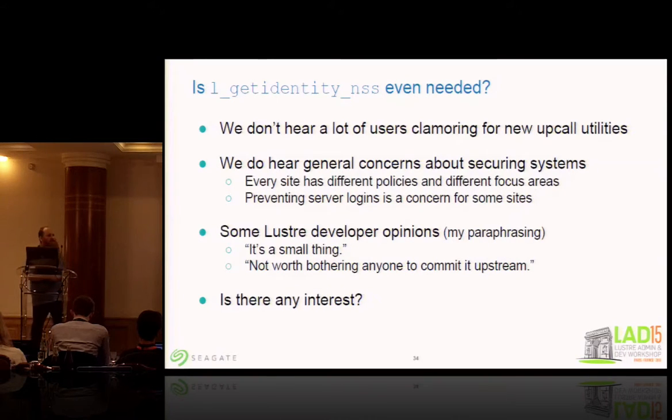But we do hear concerns about security, and that was what started us down this path, trying to find a new way to address that. I did check with our Lustre team and a few other people and asked them if we were considering committing this upstream, if we were looking at that. And the responses that I got were a little bit eye-opening. They seemed to be concerned about the number of reviewers available and whether or not it was worth wasting anybody's time. So part of the reason that I'm here today is to ask for a utility like this,